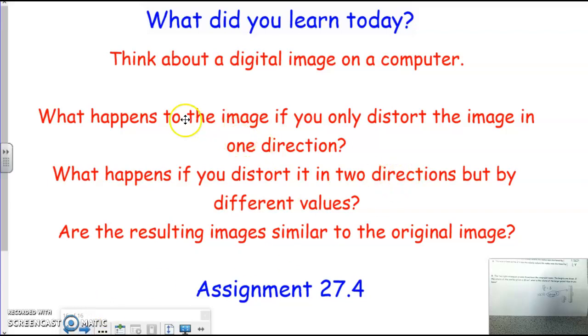All right, real quick, because I'm about to run out of time. If you distort just one side, it's going to make it... All right, they have to be similar for them